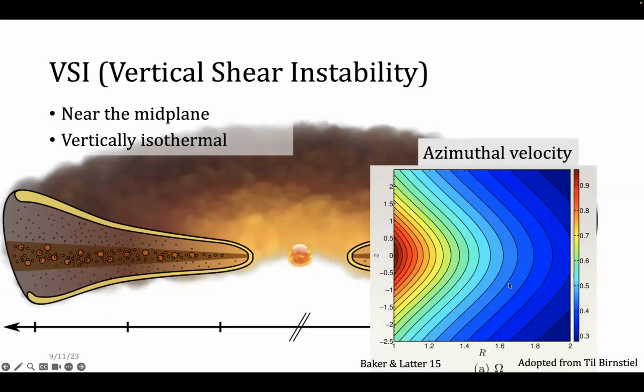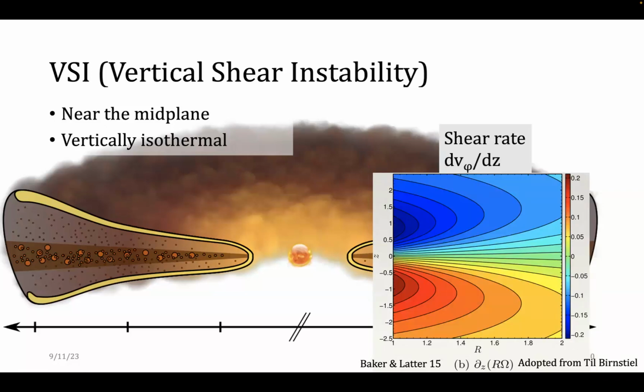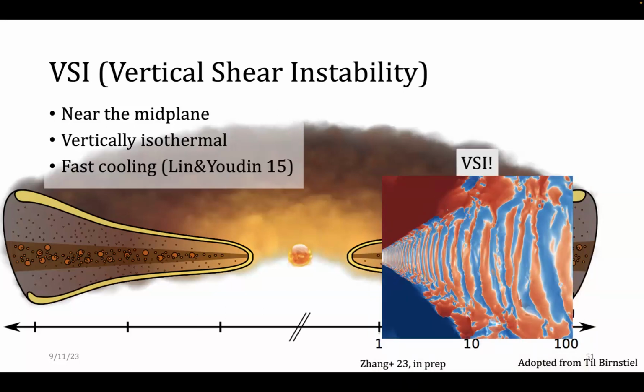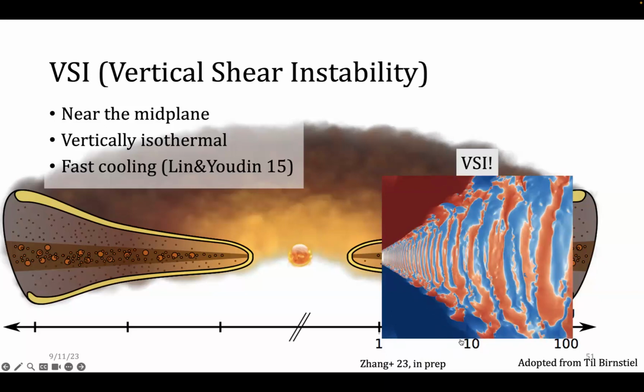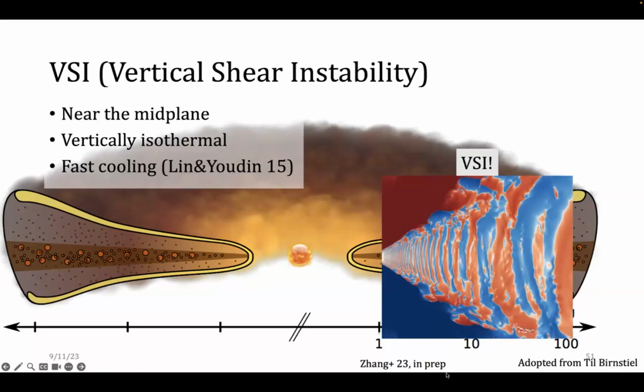Once you have this temperature gradient, after a very simple calculation, you will figure out that the azimuthal velocity along the z direction is not a constant. And this leads to the vertical shear, or dv_phi/dz. And this vertical shear is exactly what causes the vertical shear instability. The vertical shear instability also needs very fast cooling, but it can be realized relatively easily at the outer region